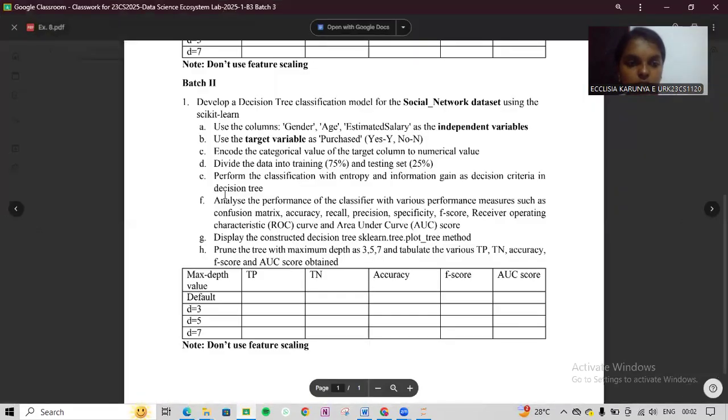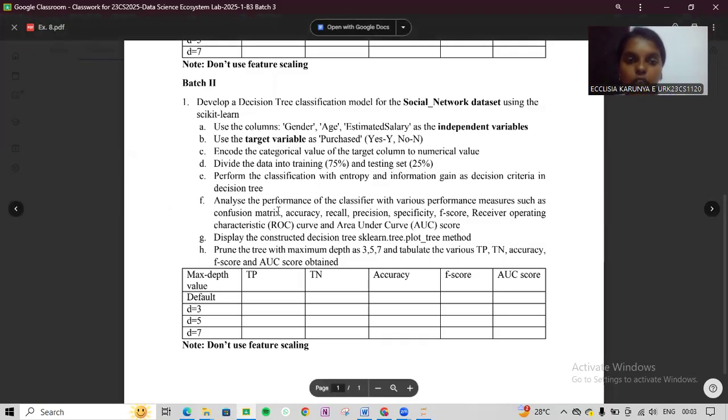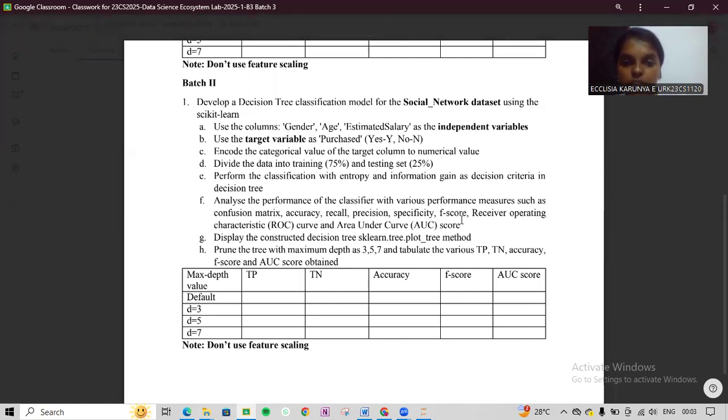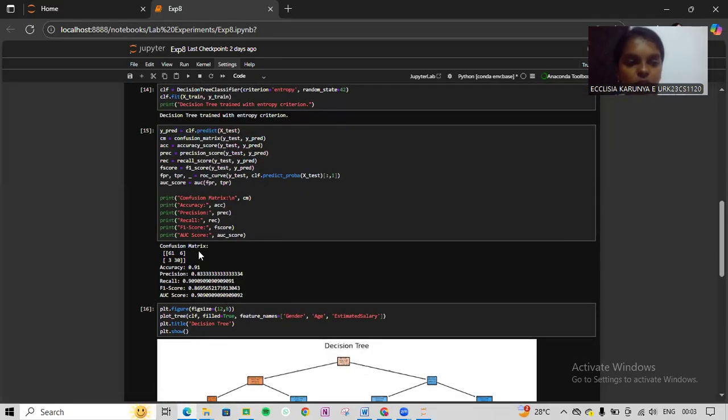The next question is to analyze the performance of the classifier with various performance measures such as confusion matrix, accuracy, recall, precision, specificity, F1 score, receiver operating characteristic curve, and area under curve score. Here we are first predicting the target values for the test set. Then we are calculating the confusion matrix for TN, TP, FN, FP. Then we are computing the accuracy as the ratio of correct predictions. Then we are computing the precision values,